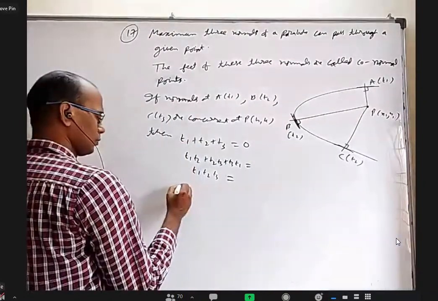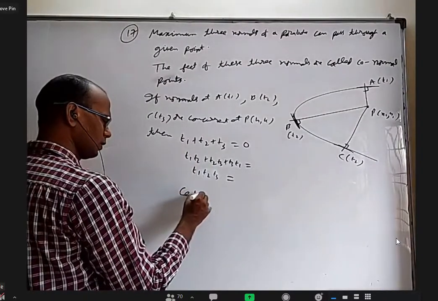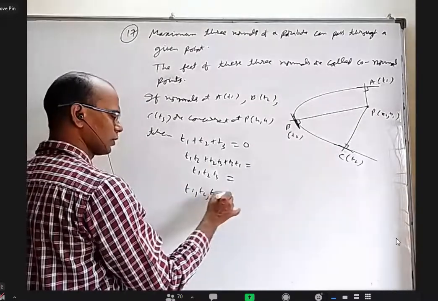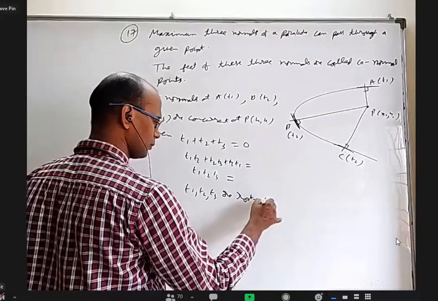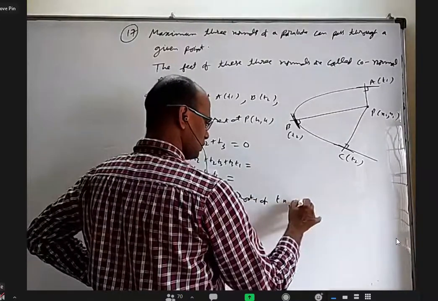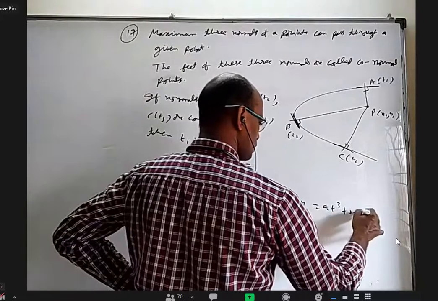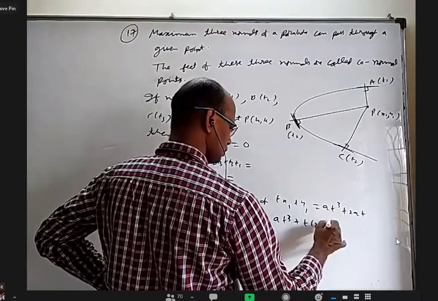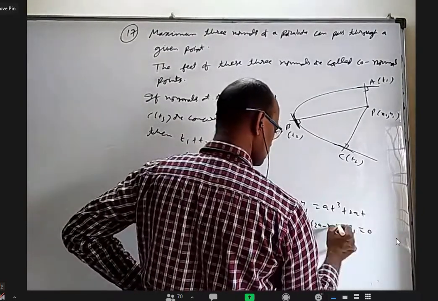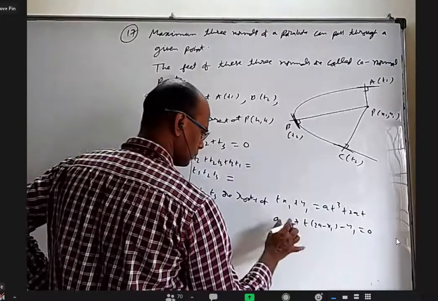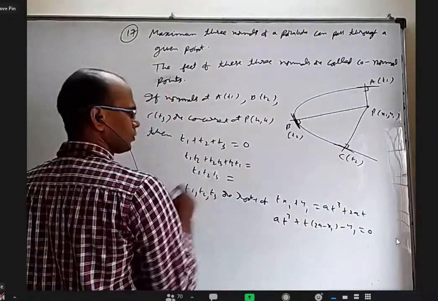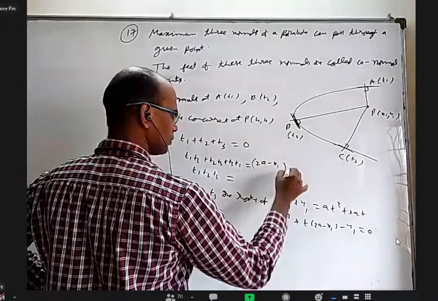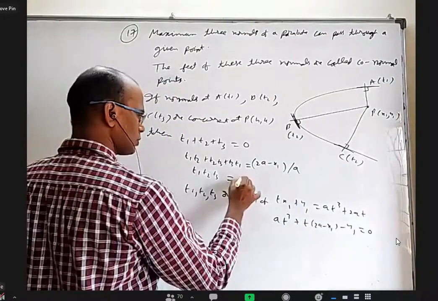Okay. Next, different points about this only. Basically, I would have written this before, but it's okay. t1, t2, t3 are roots of tx1 plus y1 equal to 80q plus 280, that is 80q plus t into (2a minus x1) minus y1 equal to 0. So the sum of the roots is 0. If we take two things, it is (2a minus x1) by a. If we take the product of the roots, it is y1 by a.